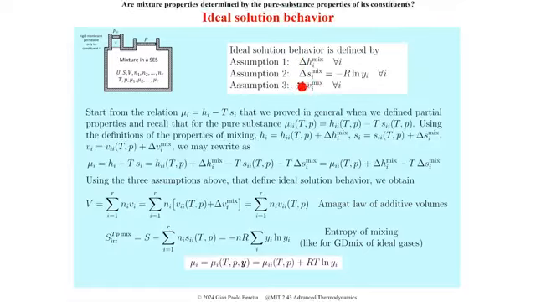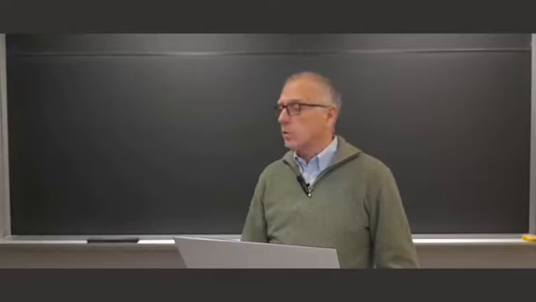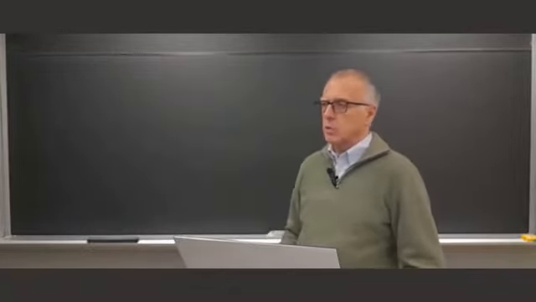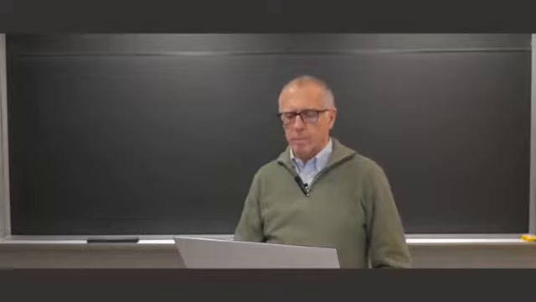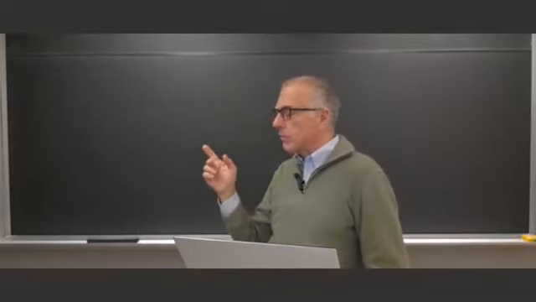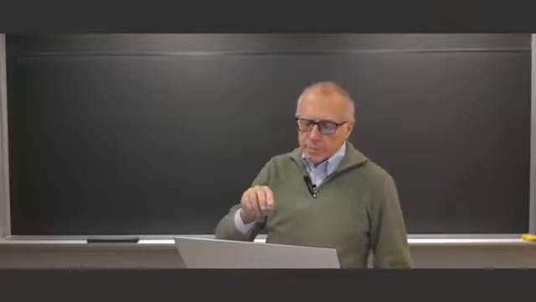let me do first the volume. For the volume, I have to remember that the volume of the mixture is given, as we have proven, in general, as a weighted sum of the partial volumes of the constituents in the mixture. And the partial volumes can be written as the specific volume of the pure component at the same temperature and pressure of the mixture, plus the volume of mixing. In this case, the volume of mixing is assumed to be 0 for the ideal solution behavior. And so all we are left with is that the volume is given by the weighted sum of the volumes that the single pure components would occupy at the same temperature and pressure. And this is Amagat's law of additive volumes,